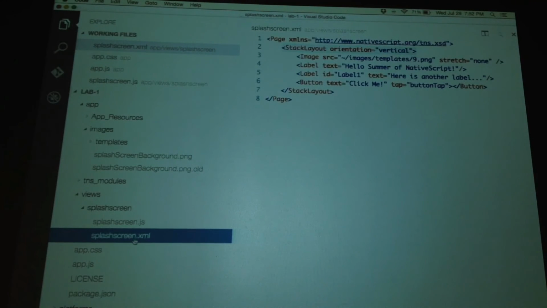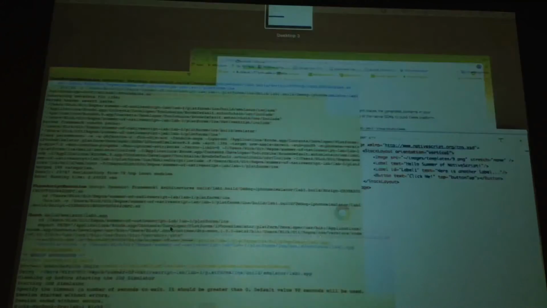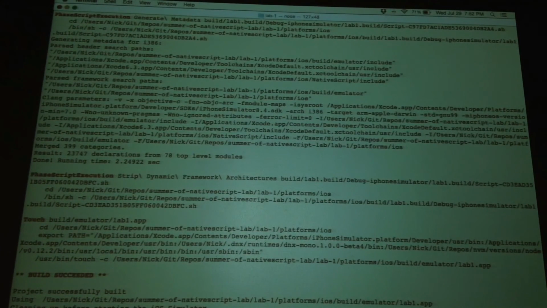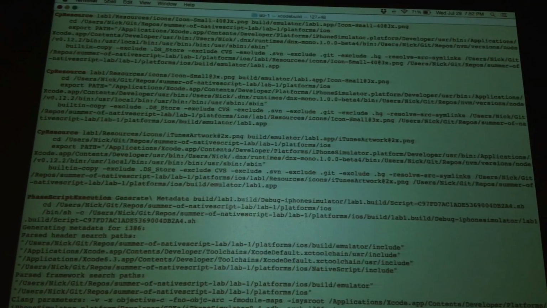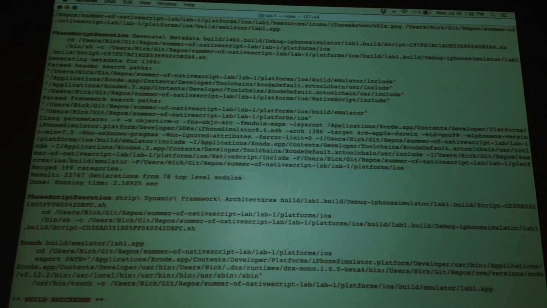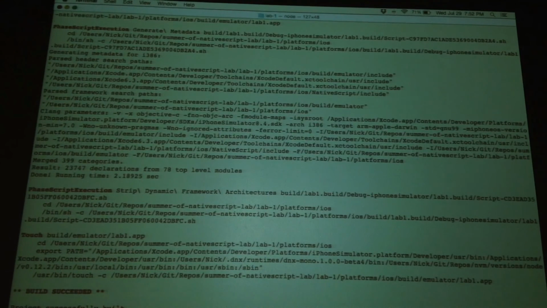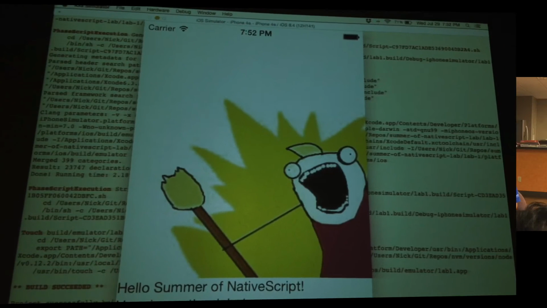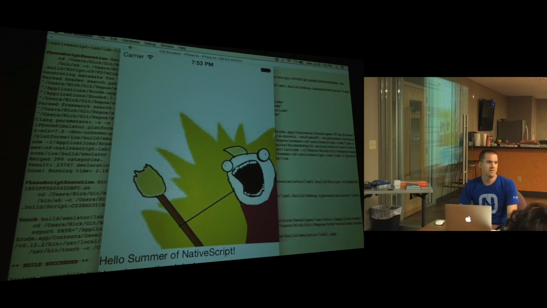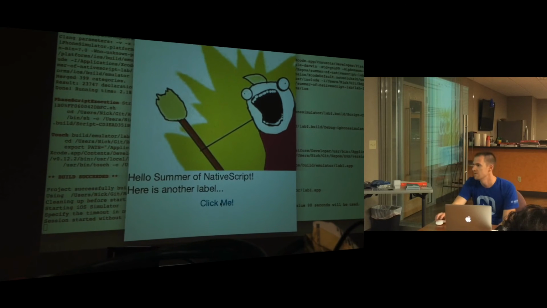So I'm going to run this again real quick here. What do you guys think it's going to do when I click the button? This is a trick question. It's not going to do anything yet because I still have code commented out. But you'll see, we have a button, and iOS has a flat design now, so that's why that button looks really weird. But if you know CSS, you can make this look however you want. Here's my other label, here's my image, and you see they're all stacked on top of each other, right? Pretty simple.